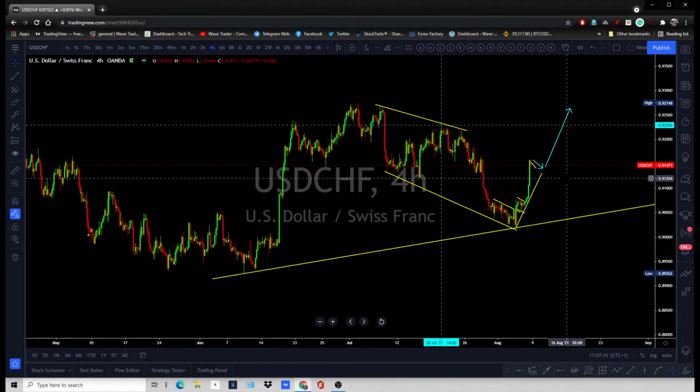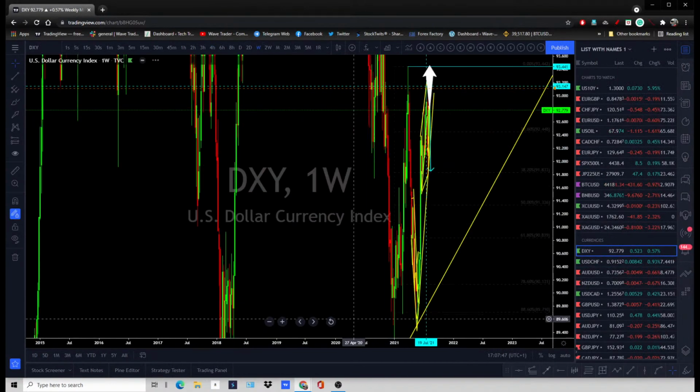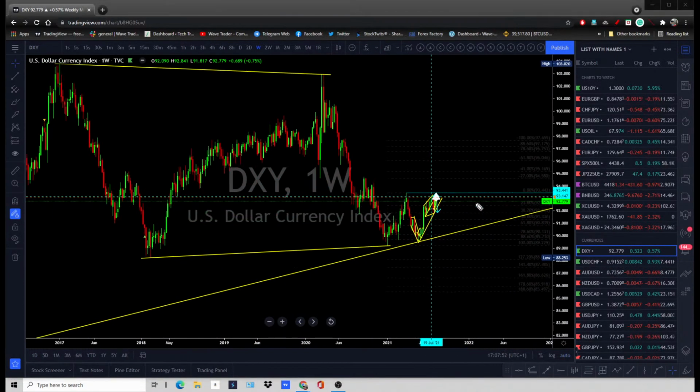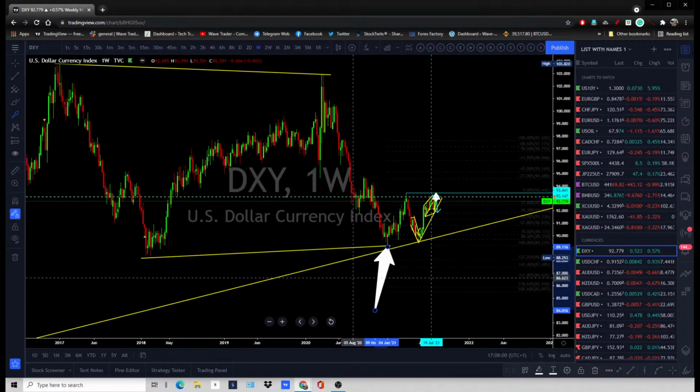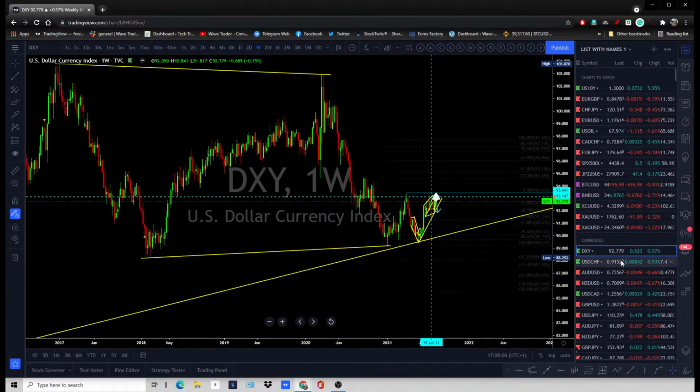But longer term, if I look at the DXY, the trend is a longer term reversal. We can see that the dollar has already found its floor over there at that price. For longer term, this area, on the 4th of June, on that date, is setting up for a big reversal.